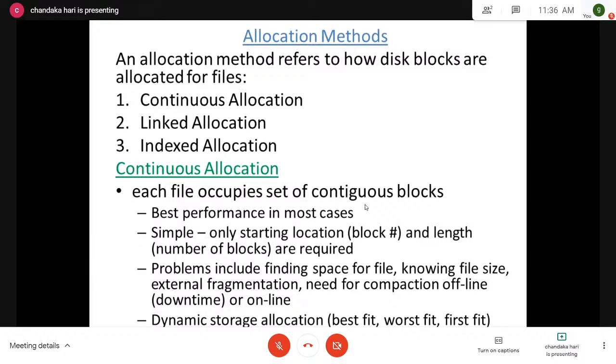The main problem is how to allocate space to these files so that disk space is utilized efficiently, and very importantly, files are accessed very quickly. Already I told you that searching is the most frequent operation associated with file structures. So the main motive behind the allocation method